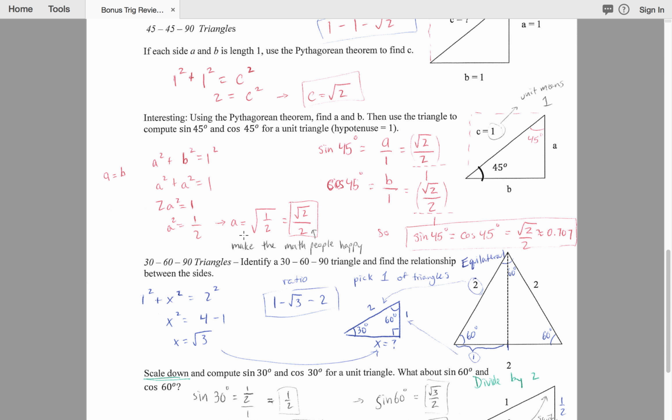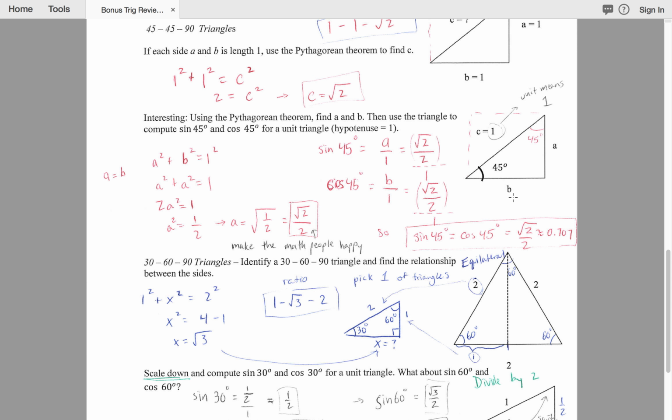And your math teachers get angry when you have a square root on the bottom. I don't really care. But anyway, if you rationalize that, you get square root 2 over 2, which ends up being the leg length for A and B. Now, if you look at this carefully, this gives us a clue about what sine of 45 and what cosine